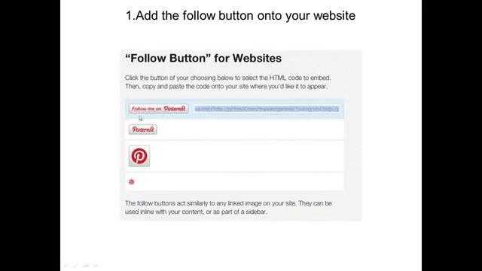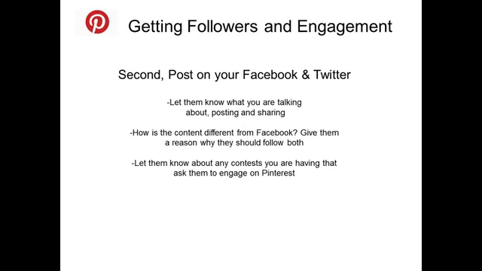It has that built-in call to action, follow me on Pinterest. And it's going to give you right here, this is called HTML coding right here. And you just copy that and you go paste it wherever it will take HTML code. So generally your website, your blog, your email signature, all of those things take HTML code, so you just put